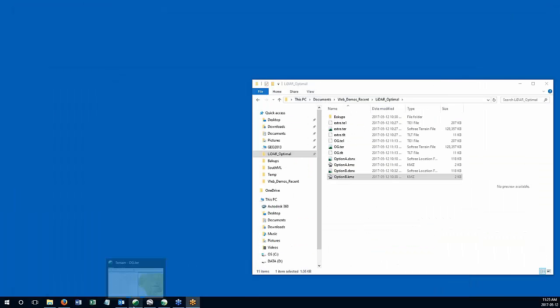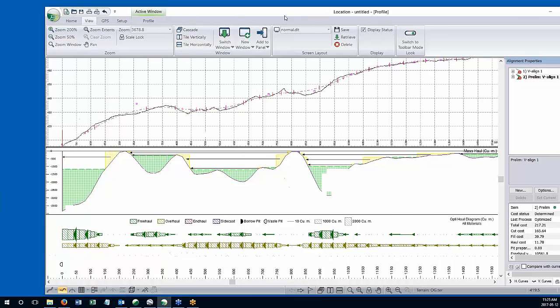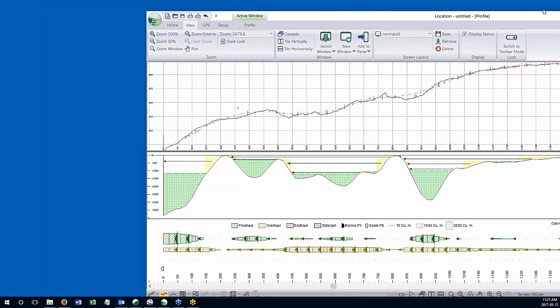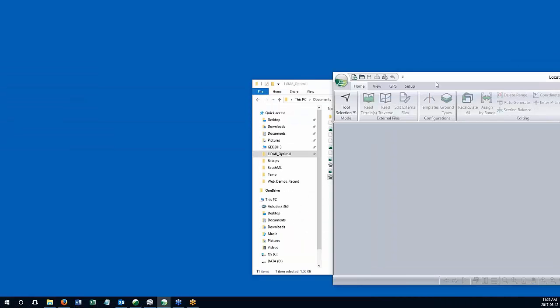Let's go here to option, let me start a new one. I know my icons are in the other screen. Makes things challenging. I'm just going to start a new instance of location. Minimize this. Come over here and I'll show you